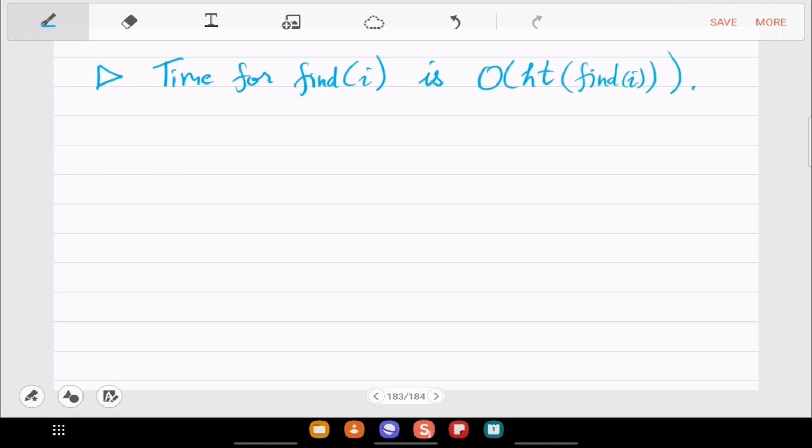Because we are not doing anything special to control the height, height can very well become n or n minus 1.